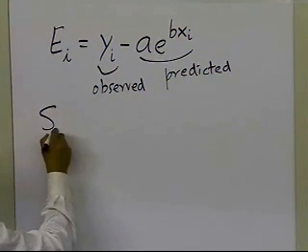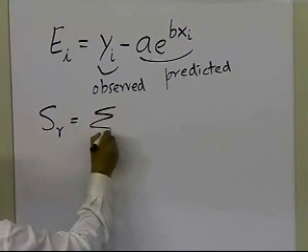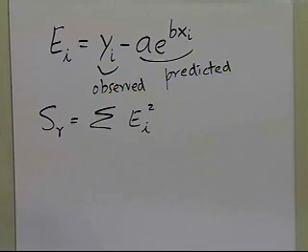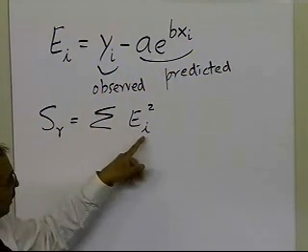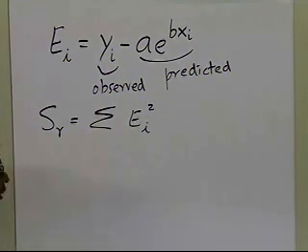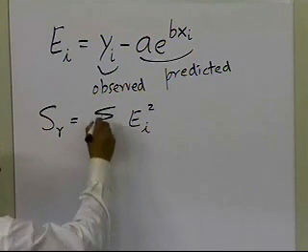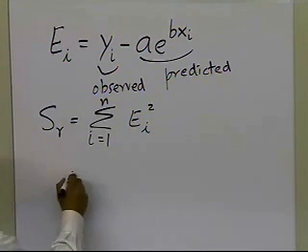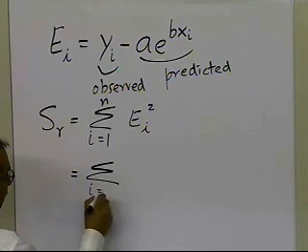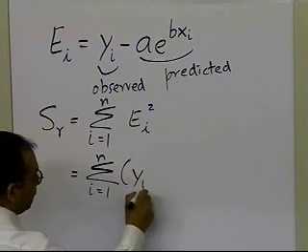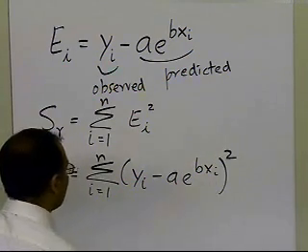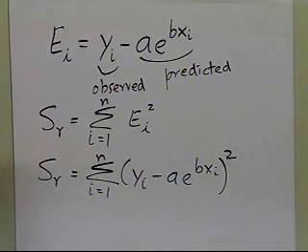But the least squares basically says, go ahead and sum the square of all the errors or the residuals. So you take the residual at any point i, you square it, and then you add it up based on how many data points are given to you, in this case n. So the sum of the square of the residuals is the sum of ei squared. If I write it down again, I get summation i is equal to 1 to n of yi minus a e to the power bxi, squared. So that's what I get as my sum of the square of the residuals.